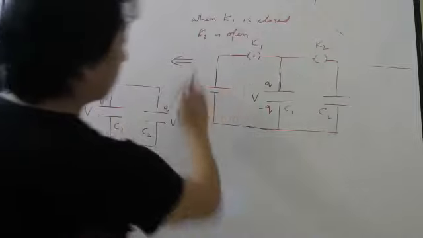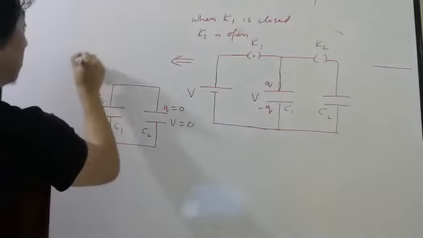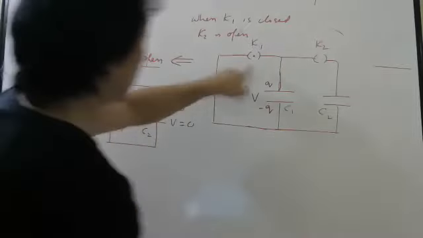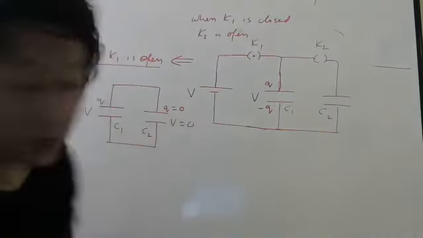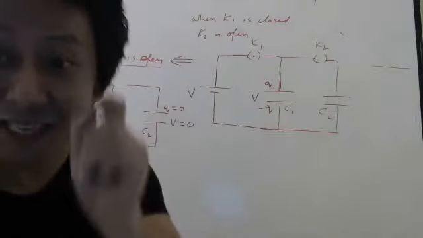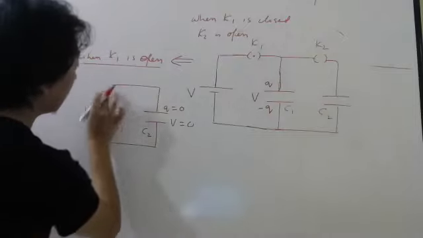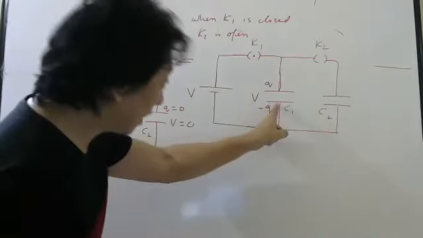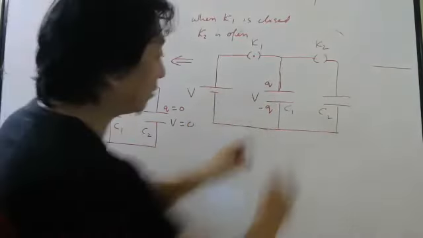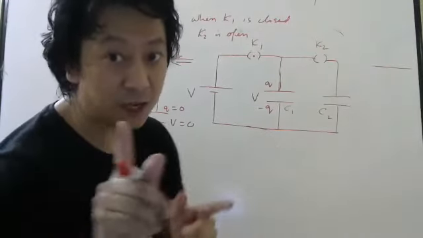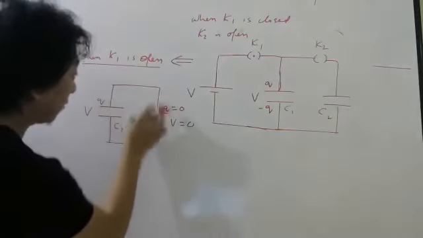But why did I not draw the battery now, students? Because now K1 is open. If K1 is open, the battery is useless now. Forget the battery. Now look here. This is not allowed. Why is this not allowed? Because these two are in parallel. In parallel, voltage must be same. So what will happen? Charge has to flow from here to here. This Q, whatever charge it got from the battery, that charge will be distributed equally. Be careful. Charge may not be distributed equally. I will check now. So this charge will start flowing here.